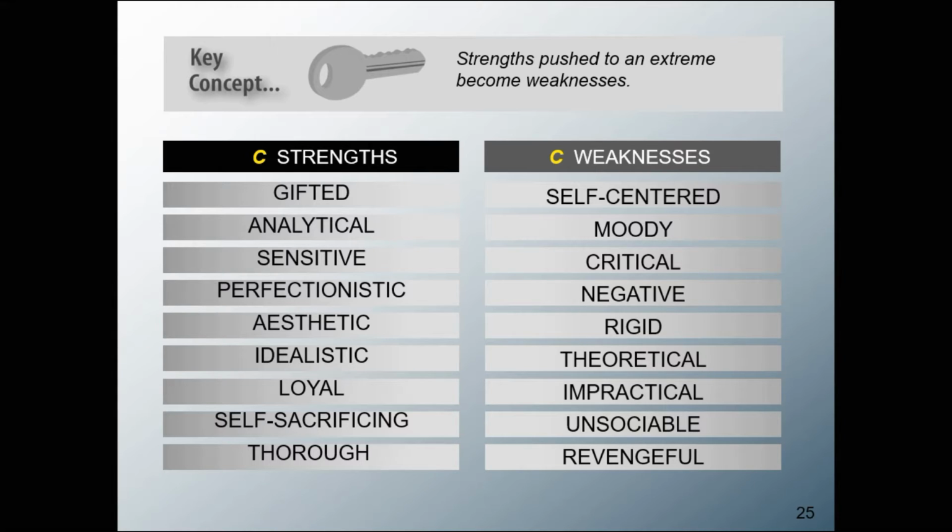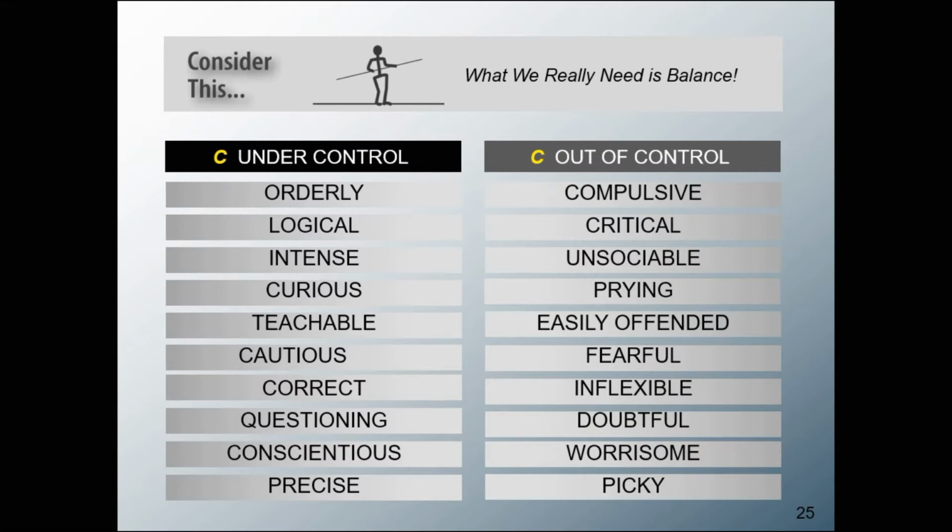Loyal people, self-sacrificing, they'll self-criticize themselves as well, but they're really thorough. They'll follow a procedure to a T. They will follow a recipe, no problem, if they believe that it will give them result and it will work at the end.